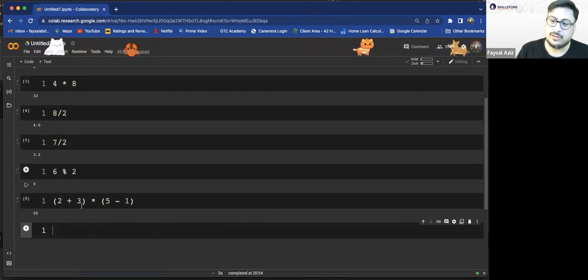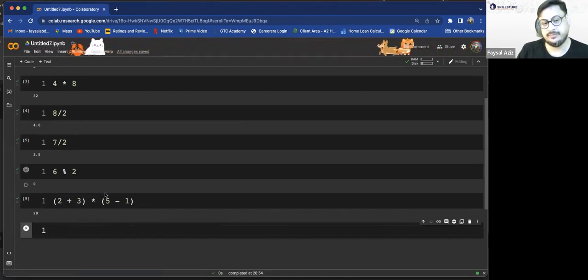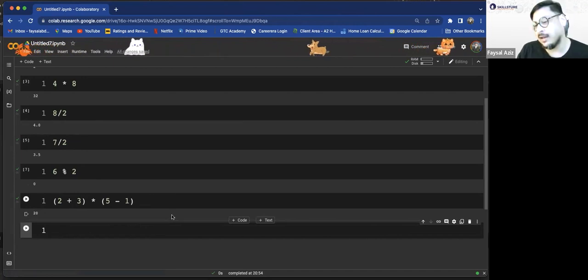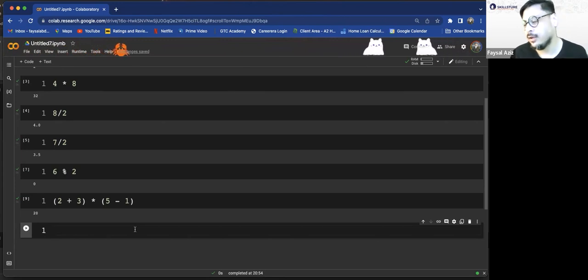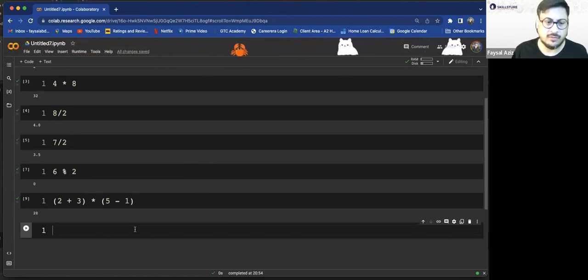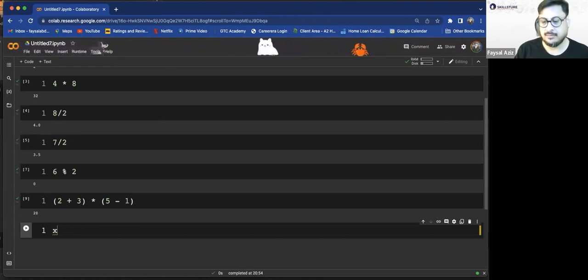But all these calculations we're doing, it's getting lost. We need to retain this calculation sometime, which brings us to variables. What are variables? Variables are just locations in the memory to which we give a name, because memory addresses are very long and difficult to read for humans. So we just give it a name. For example, say X. I want to call my variable X. So X is a memory location, and I want to put something over there. I want to put a value of 2 over there.